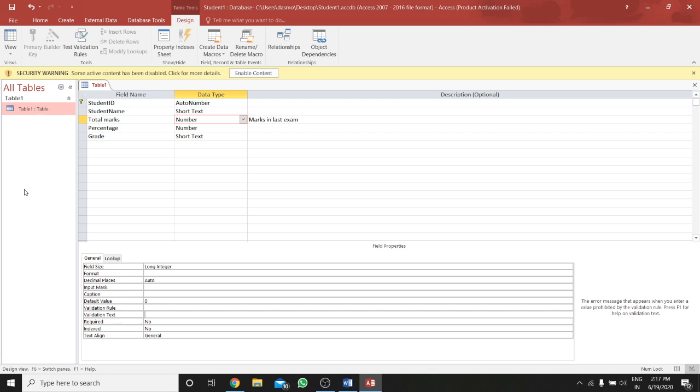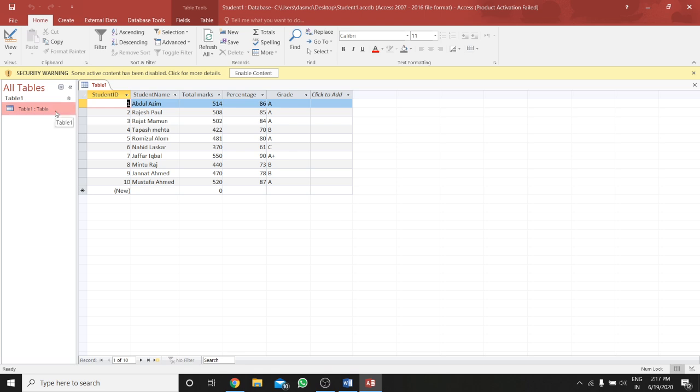Now let me show how we can modify a field. Let me save this. I have already entered some data. You can see I have entered 10 records.